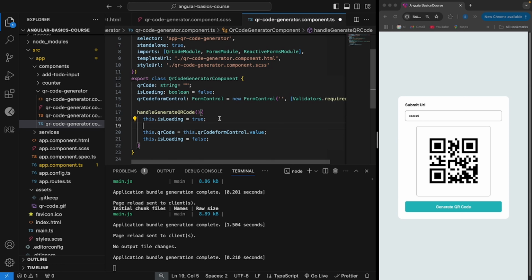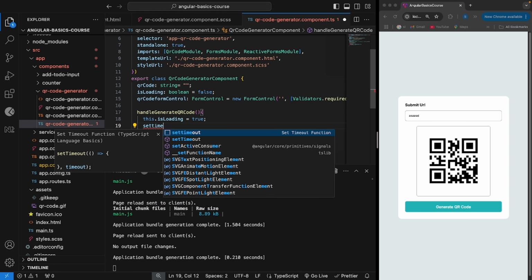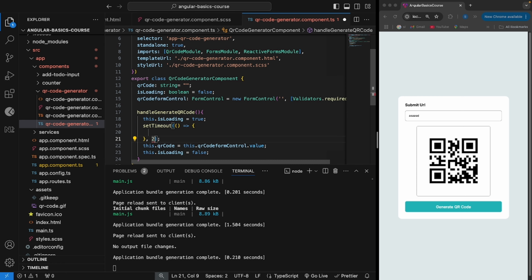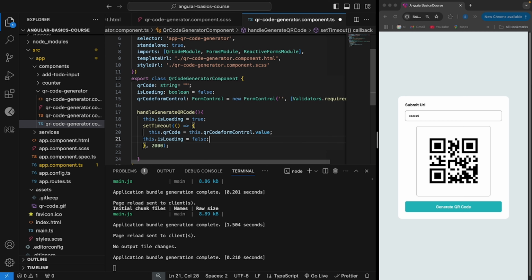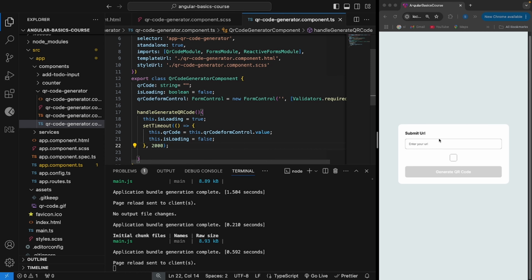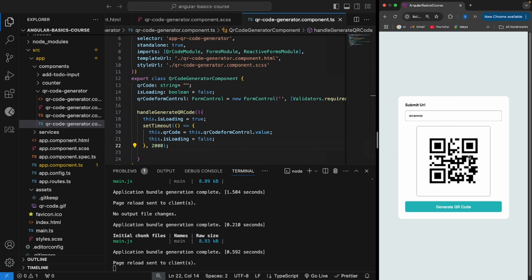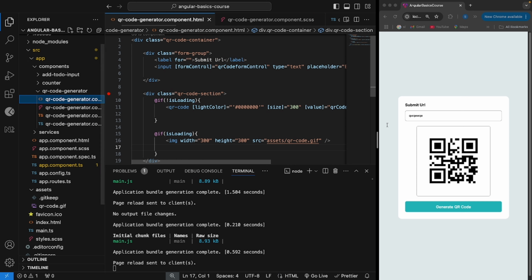So what we're going to do, we're just going to add like a 2-second wait period, right? So what we're going to use is the setTimeout. We're going to set it to 2 seconds. And what we're going to say is only set the is loading to false after 2 seconds. So now when you just run this, click this, this will show the animation, then show your actual QR code, right? So that's all proper, but there's actually something,